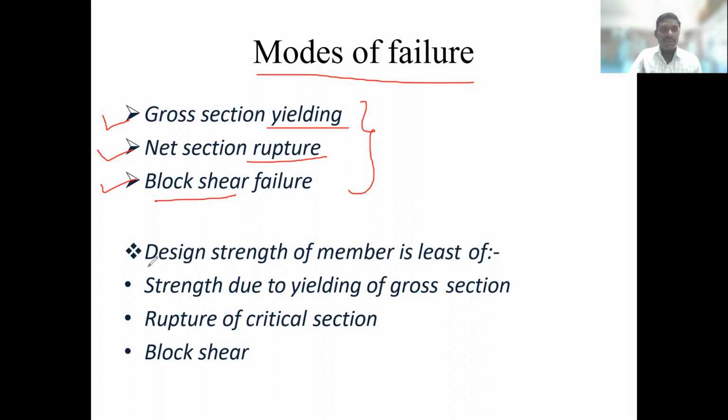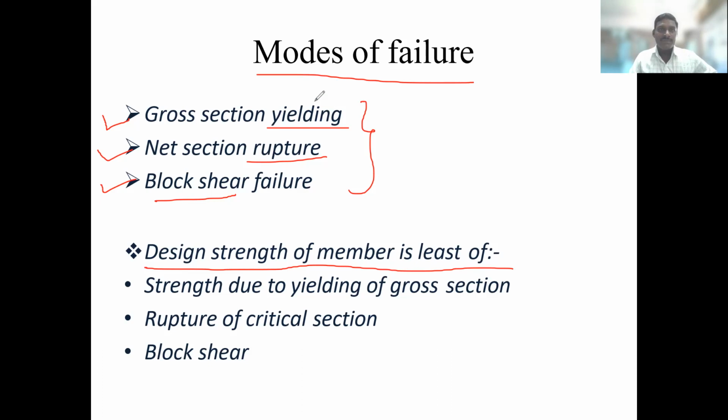for that, we have to calculate the design strength of the member. Similar in bolted connection also we have seen, whatever strength in shearing, whatever strength in bearing, and whatever strength in tension, out of these 3, whichever is least or less strength, that is the strength of that particular bolted connection we have seen.